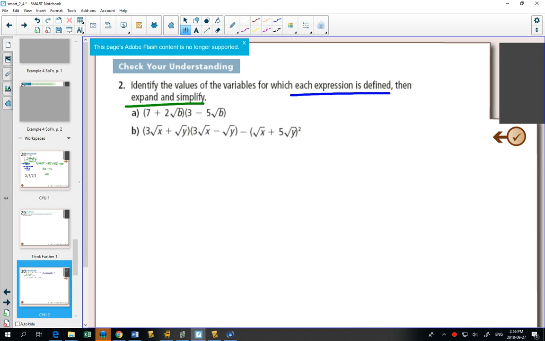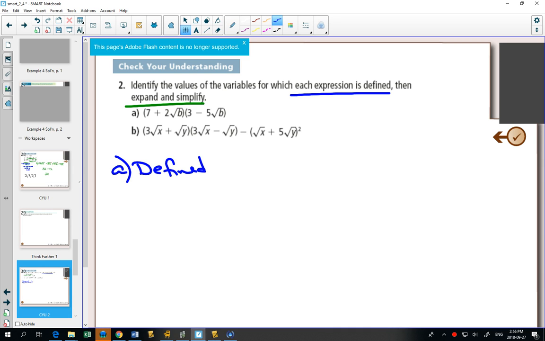That means you have to distribute, you have to FOIL, we need to get rid of those brackets. And then simplify, well, simplify means a whole bunch of things. For radicals, it means combine like radicals and write your radical in as a mixed radical in lowest terms. So first of all, for defined,